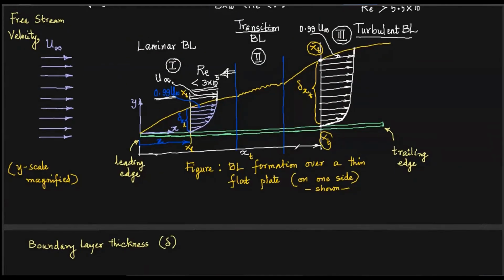See this one, this is a flat horizontal plate, stationary one, and you have the boundary layer formed over it, we discussed already. And the thickness means, see, I have represented here at the section XL, that is in the laminar region we have taken, that's why I have represented XL. And the turbulent region also we have represented another section. See, it's here XT. And the boundary layer thickness now here in the laminar zone, we have this delta X. See, now it's not constant everywhere. As the length increases from leading edge to the trailing edge, the boundary layer thickness also increases. And even in laminar zone, this delta X, for different lengths, we can have different boundary layer thickness.